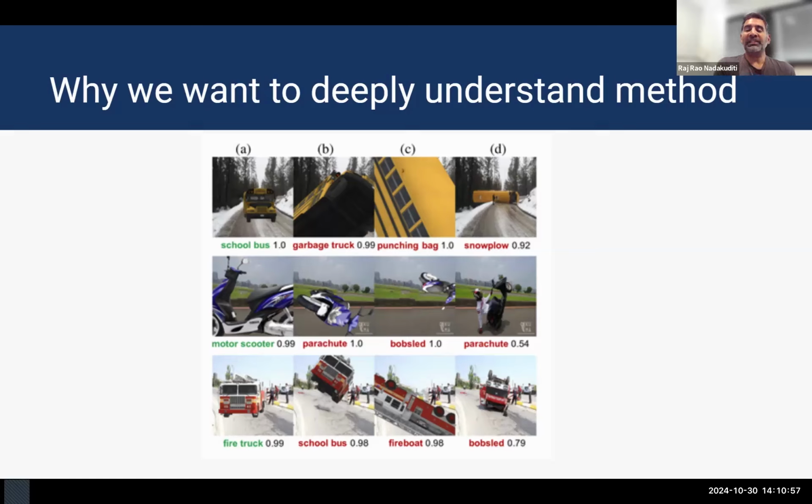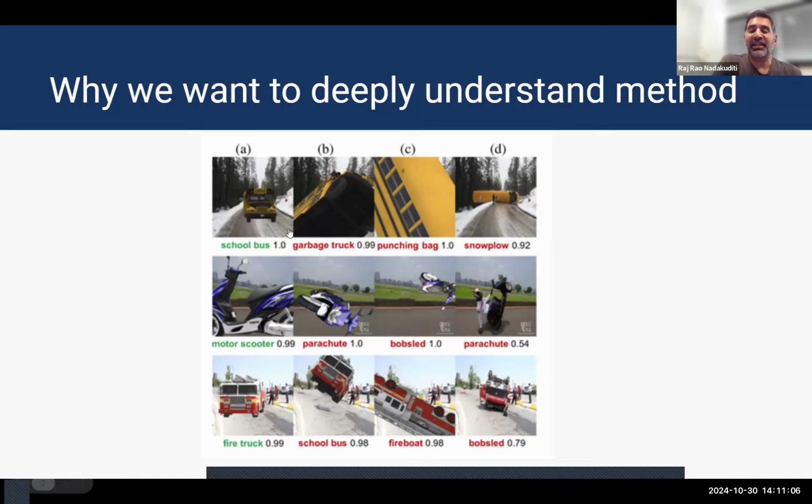So one particular systematic way we want to do this is look at the model and look at what it gets right. In this context, you'll notice there is an object detector in a computer vision type of neural network, which in the top left column correctly identifies a school bus as being a school bus.